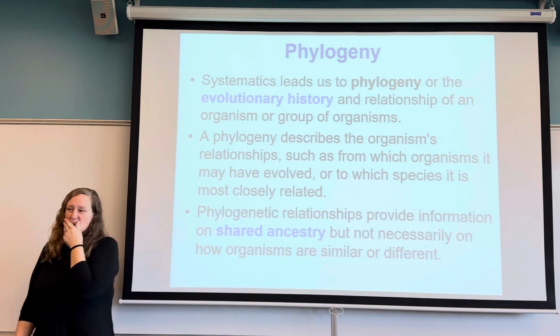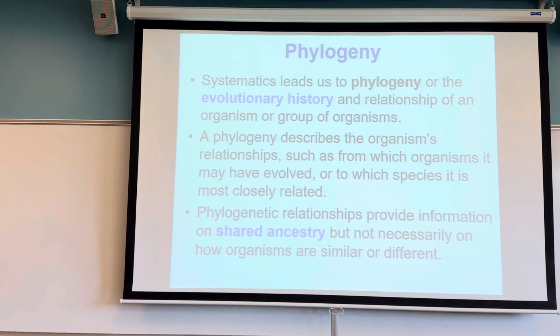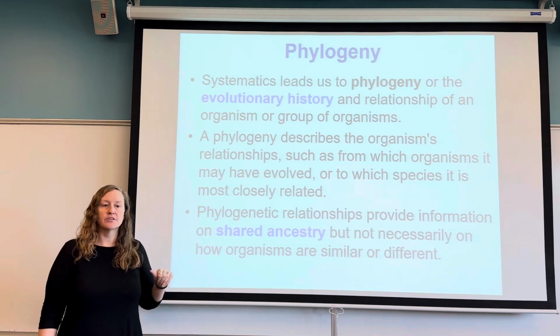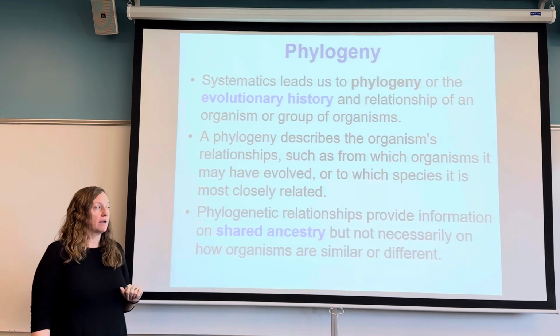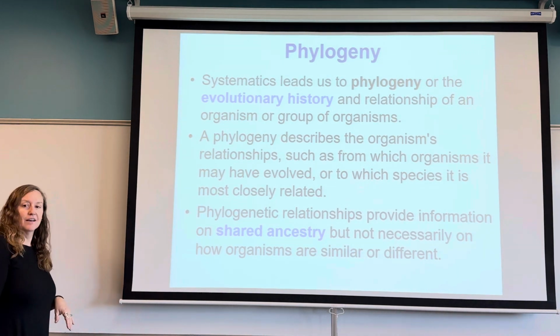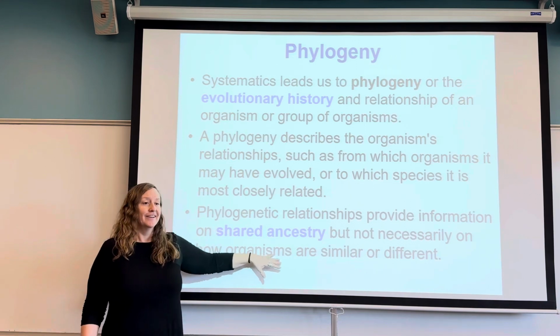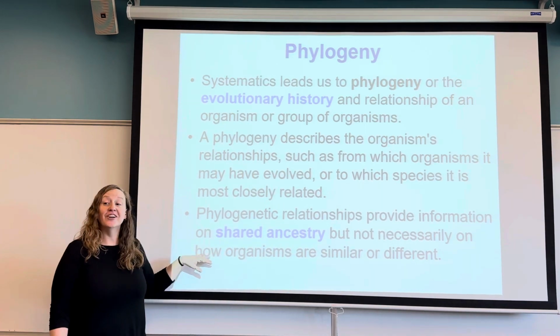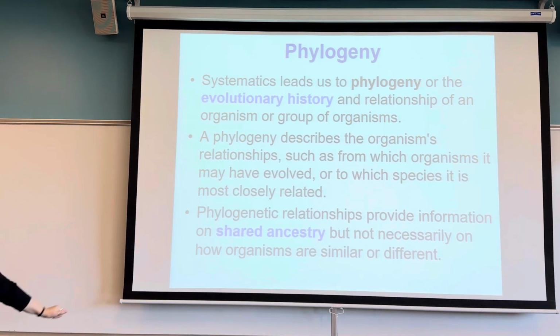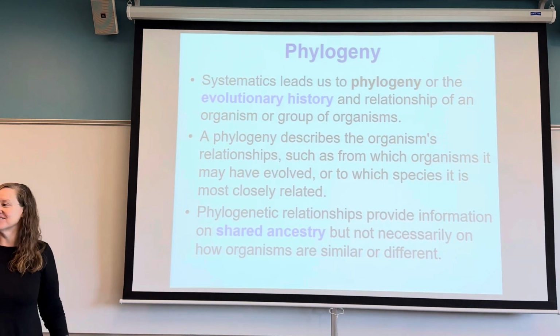Phylogeny, we get there from systematics. We look at the evolutionary history of an organism. What common ancestor did they have? And the next one back, and the next one back, and the next one back. Phylogenetic relationships focus on evolutionary groupings or a shared history, what was the last common ancestor? What was the common ancestor?